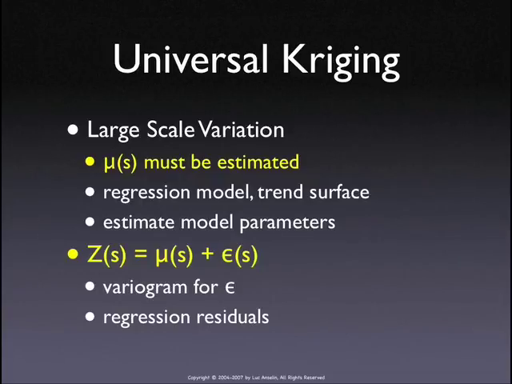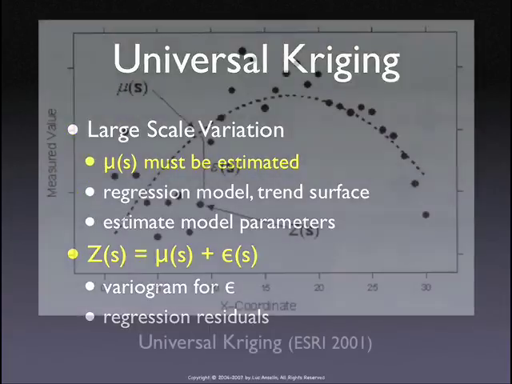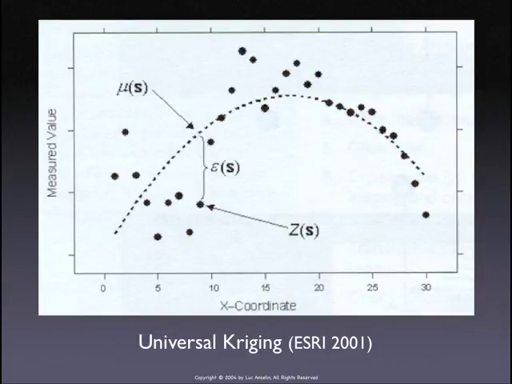And then the case that is the most realistic and the most commonly used in practice is so-called universal Kriging, where now the mean incorporates the large-scale variation and changes with location. So if we use a trend surface, we have a different mean in each location. And so that must be estimated, the parameters must be estimated, and then we're back to our starting point for today, which models the variability in this random variable as a combination of large-scale variation in the mean and small-scale variation in the error term, which in practice will be done through the residuals. So then we get this nice little curve where we have this varying mean with location, and then we model the variability around the varying mean. That's universal Kriging. So in most cases in our applications, we'll use some form of universal